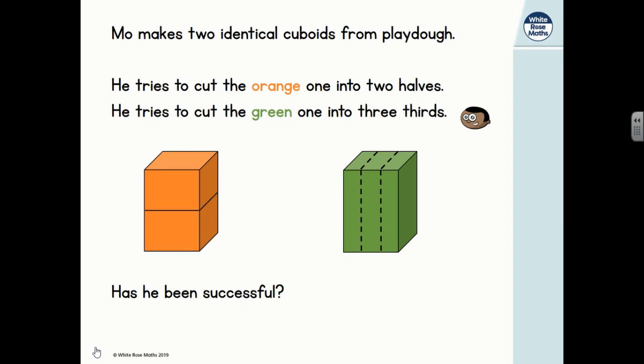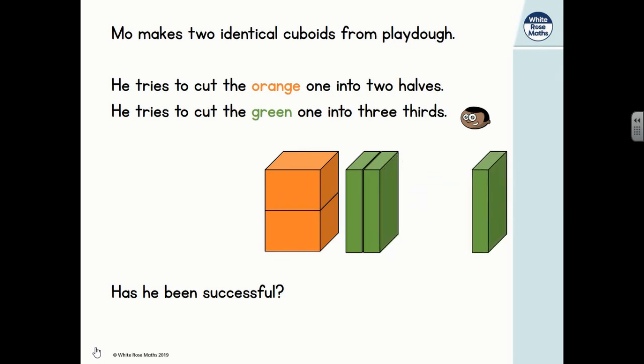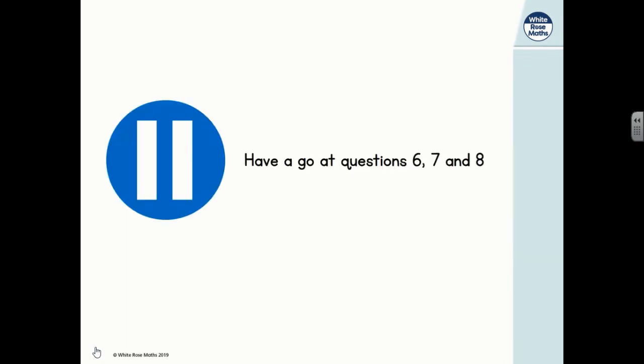Let's have a look. The orange cuboid has been cut into 2 equal parts. And the green cuboid has been cut into 3 equal parts. So yes, he has been successful. Well done, Mo. And what's really great, he's done it in 2 different ways. I wonder how many ways you can cut your Play-Doh into halves or into thirds. Pause here, maybe make some Play-Doh, and then have a go at questions 6, 7 and